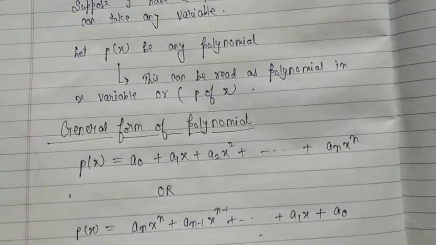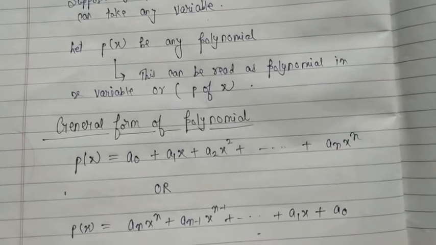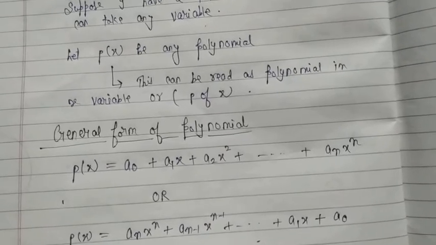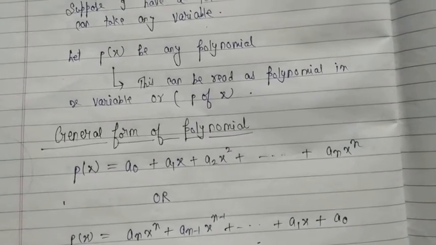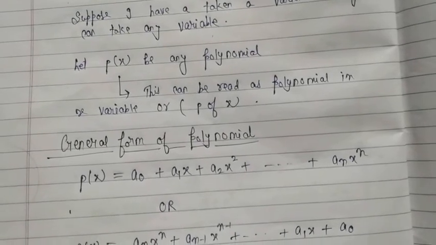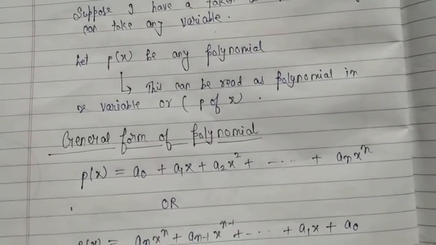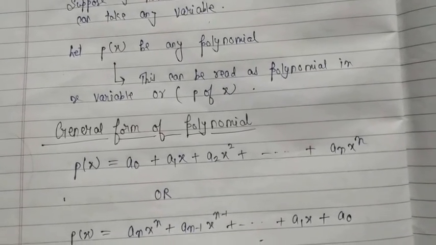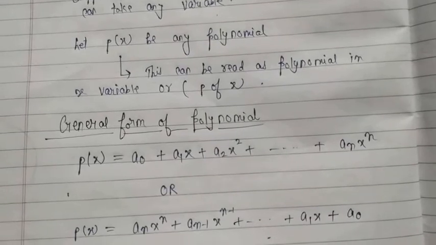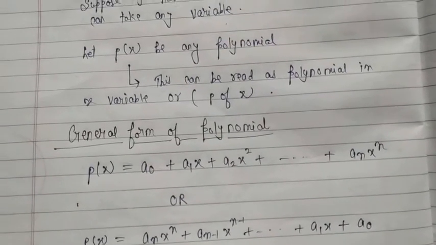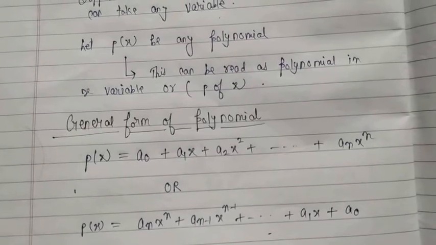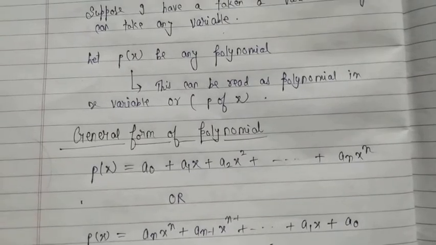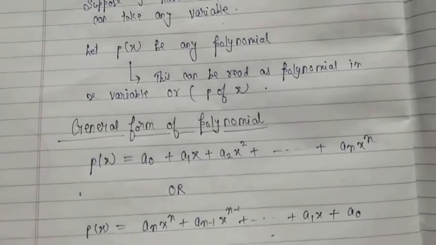So most students will think why I have written "or" here. Basically these two are the same, just different in their order. In the above case I have written the polynomial in the ascending power of the variable, and in the below one I have written the polynomial in the descending power of the variable, but both are the same. So we can say a polynomial does not depend on the order of power of the variable, it just has to contain only non-negative integral powers of the variable.